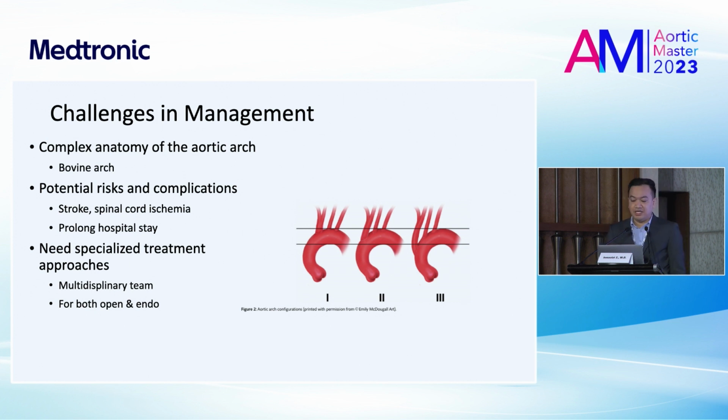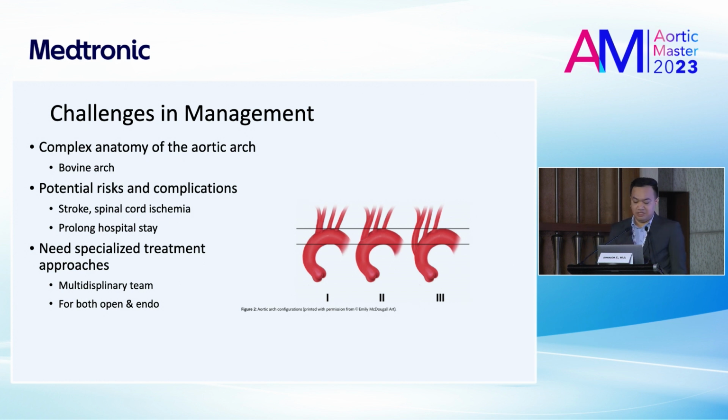Basically, the complexity of the anatomy is one of the main issues, especially when dealing with the bovine arch. And as we know, the potential risk and complications are greater compared with dealing with the descending and other regions of the aorta, namely stroke and spinal cord ischemia. A prolonged hospital stay is also one of the main issues, especially with open repair. And these cases need a specialized treatment approach, involving a multidisciplinary team,